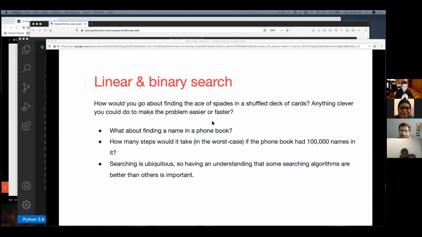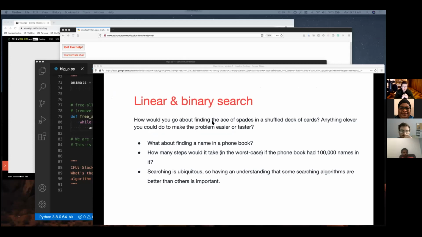Emma says 100,000. Robert says 17. Juana says 100,000. Now we're assuming here also my question, good search strategy for